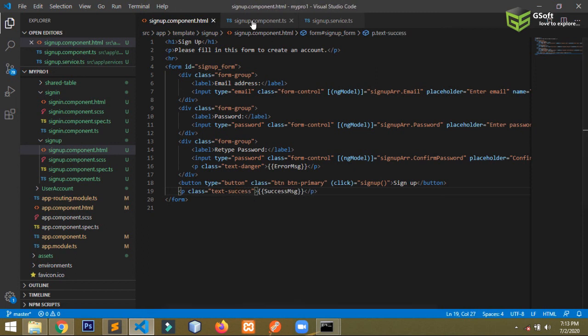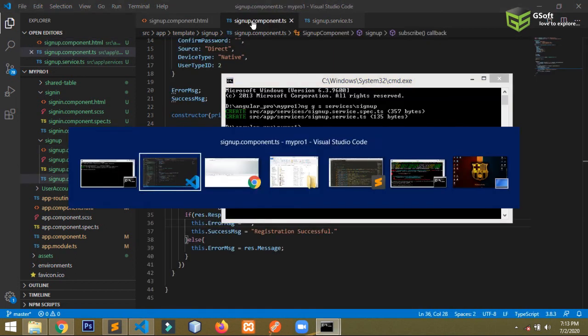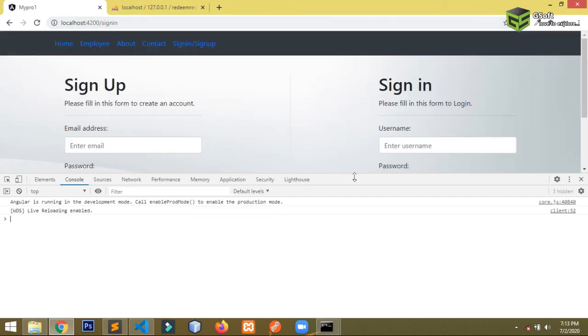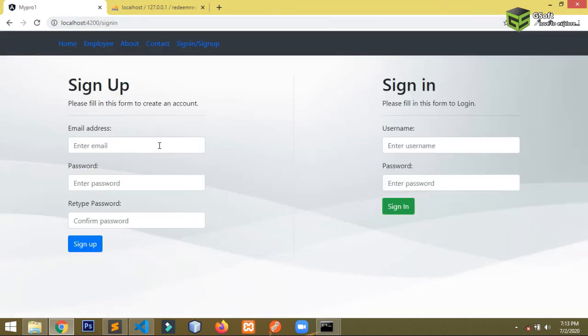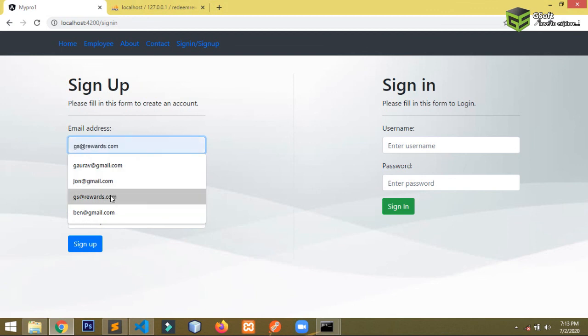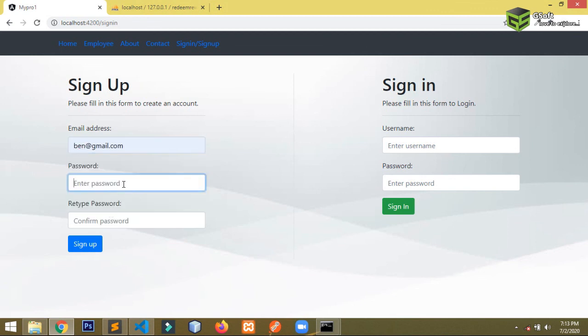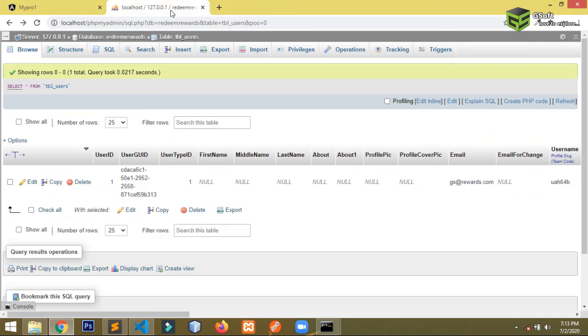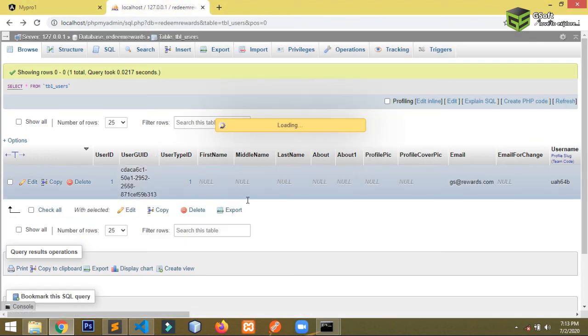Okay guys, so let's see once again. Now I'm closing this and let me sign up with some other ban@gmail.com. Here I will add 1234, and when I click on sign up button, it must say registration successful, and you can see here I have successfully registered, and when I click on refresh button, our data has been inserted successfully.